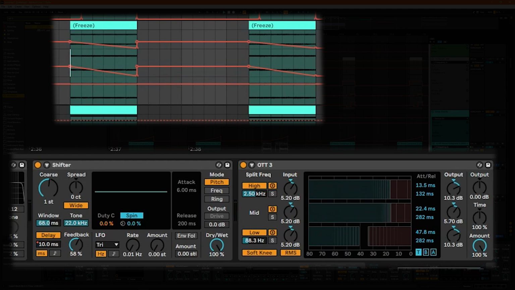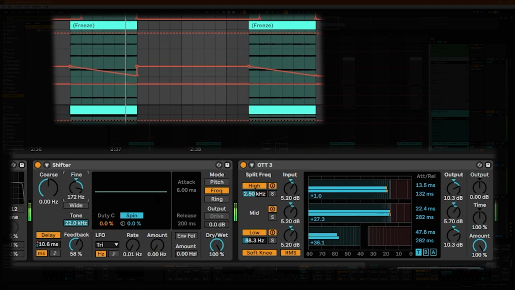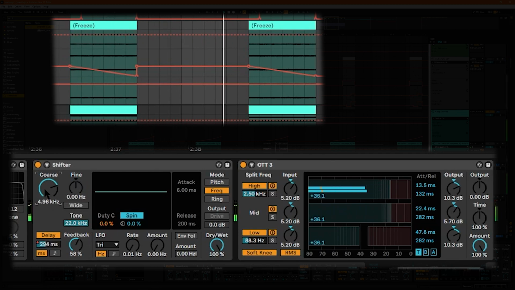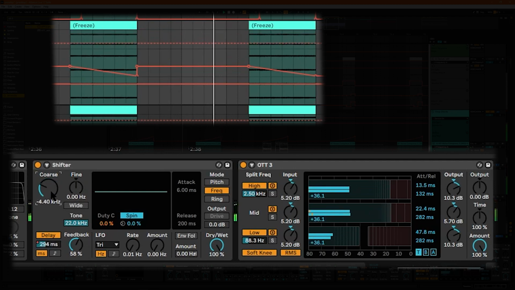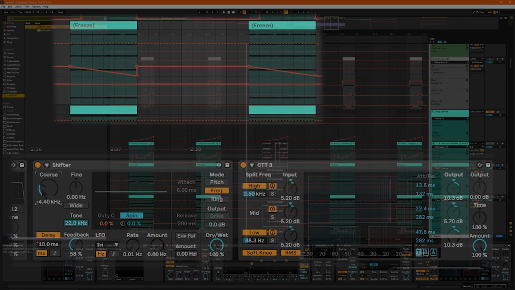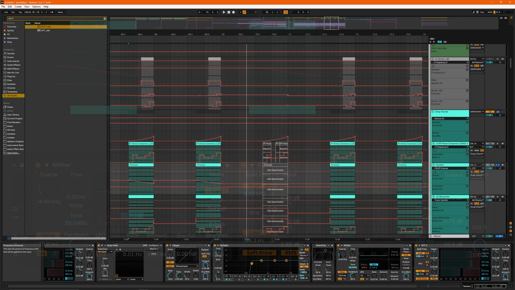Which can produce some really interesting sounds. Now, you can change it to frequency shifting as well. So if I set it to shift up by, say, 172 hertz, you can get slightly different sounds out of that than the granular mode. I can even change it to this, or even lower. So, there's some stuff with each feedback loop. The frequency or pitch shifting increases or decreases by